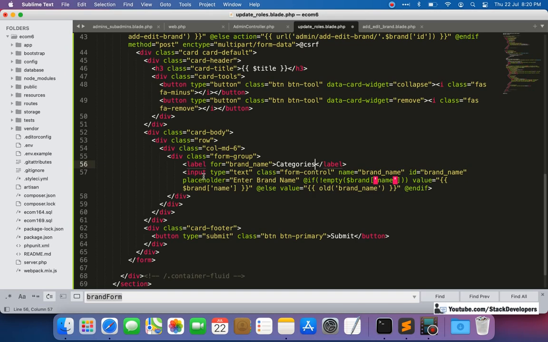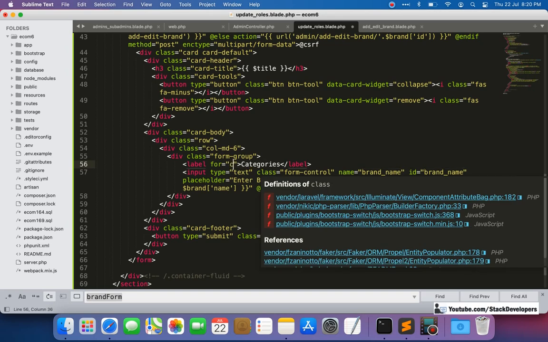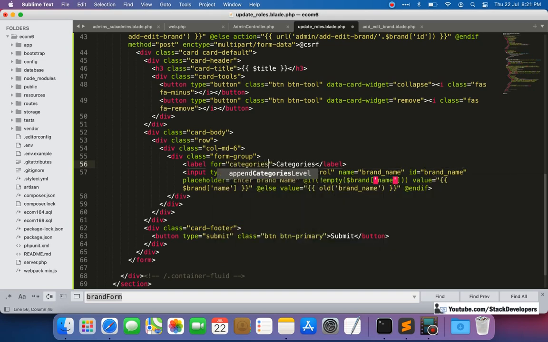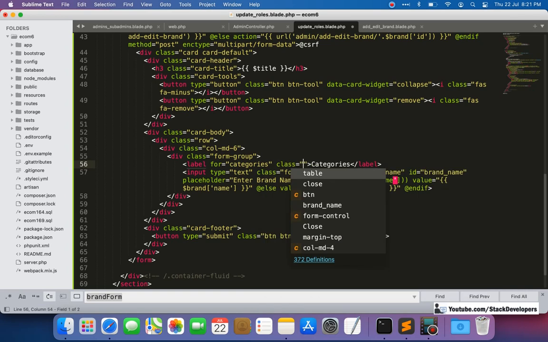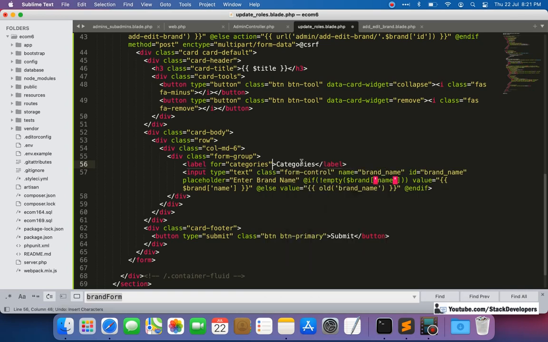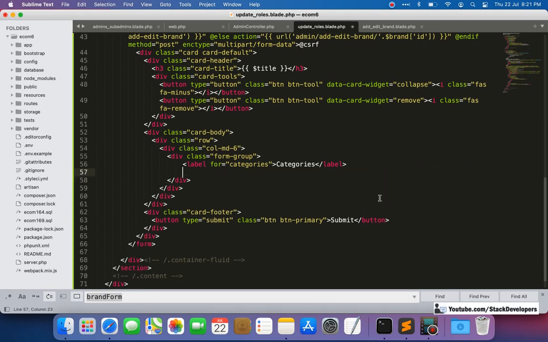Okay, so here inside this one, brand name is for that, now the categories will come, and here we can do one more thing. We are going to give the class here, later on. First categories. After that, I'm going to remove this one, and for categories we want to create the access here, like view, edit, and full access.